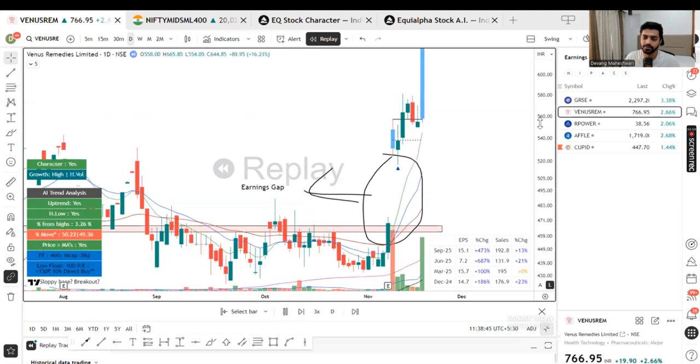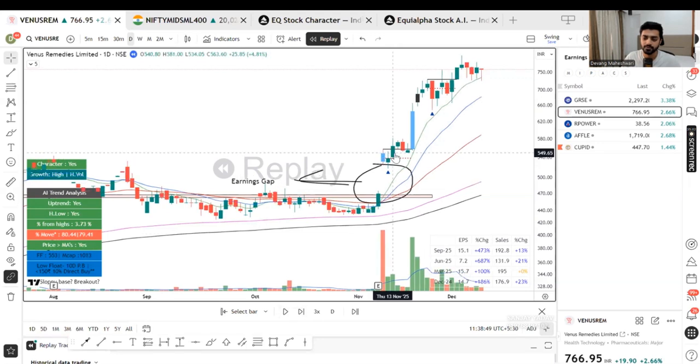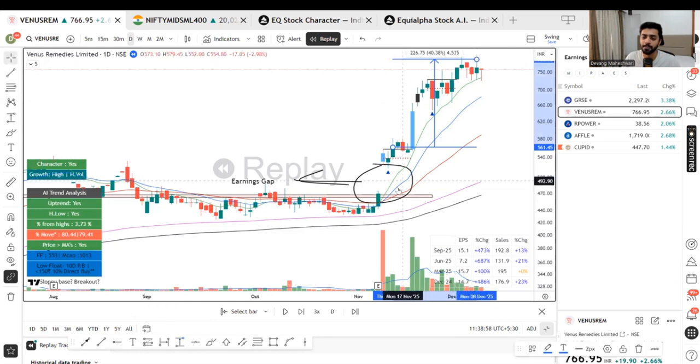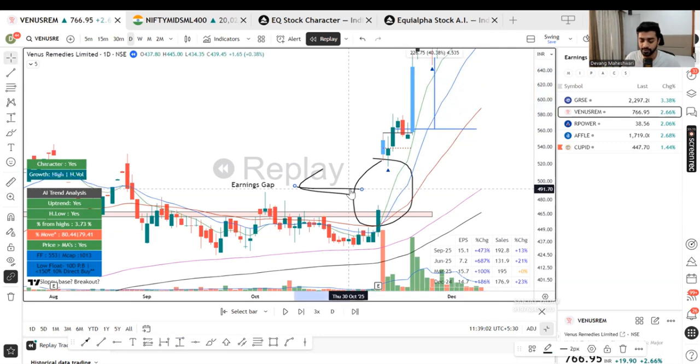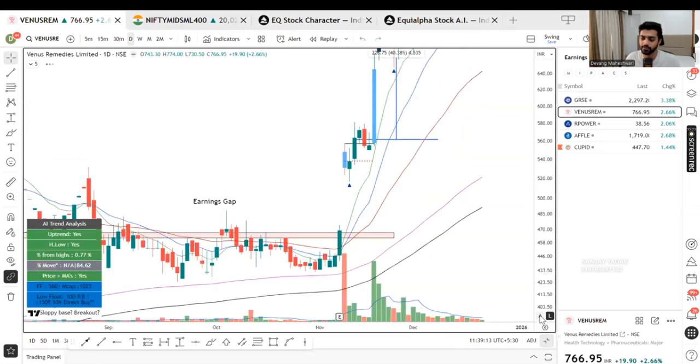And then this was fine. It took 1-2 sessions down, did not hit your stop loss, and moved. So even after this 15-16%, it still gave you another 30-40%. So why then try to simply guess the result and trade? Otherwise you will be lost in guesswork only. You won't be able to trade if you go into guesswork.